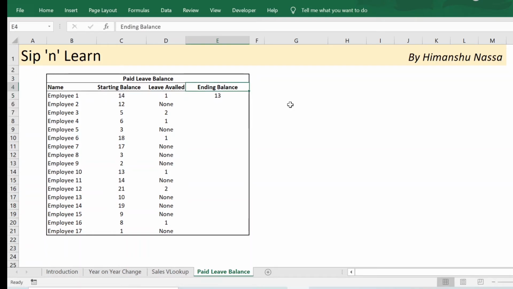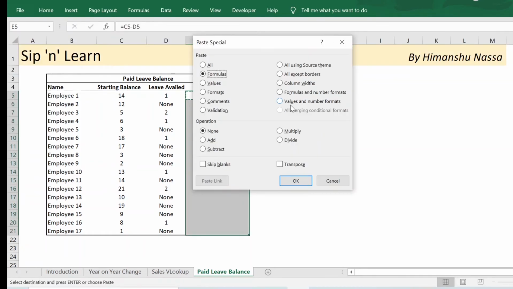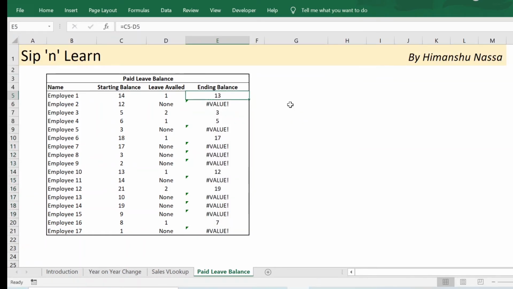And when I drag this formula down, I have value errors at multiple places. That's because wherever there is no leave availed in a month, there is a "none" message written. Now this is actually a string, and we are trying to calculate a number minus a string, which gives a value error. Now in this scenario, if there is no leave availed, actually I need the starting balance itself.